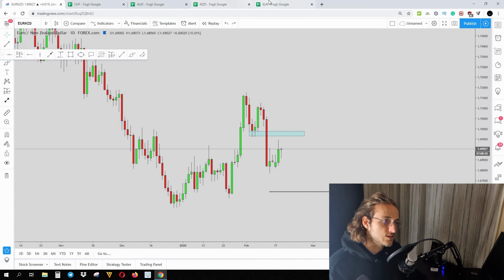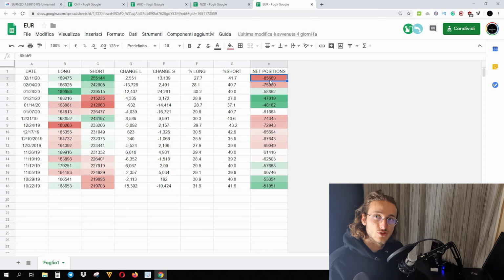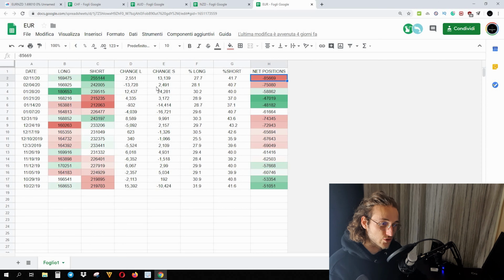Now, if we go and see what hedge funds have been doing in this time on the euro, we can see that we went from minus 47k net positions all the way down to minus 85k net positions. So banks have been aggressively shorting the euro, and we can see that all across the markets. Euro has been getting beaten up. So clearly banks have been selling the euro. With the last reports, you can see plus 24k short positions, plus 2.5k short positions, plus 13k short positions,